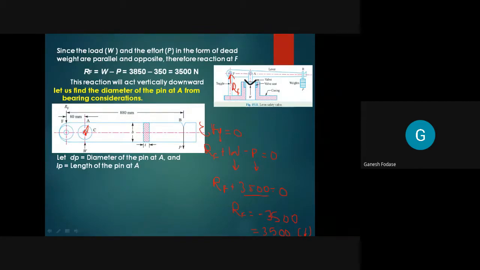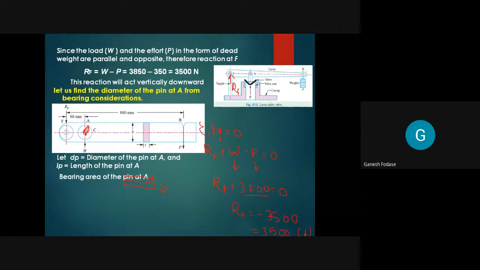So inside that, this is now the front view. You can see in this case there will be a pin of length L. So LP will be the length of the pin. Suppose this one is a pin like this. This one is LP, the length of the pin, and this one is the diameter of the pin. So DP is the diameter and LP is the length of the pin, and we need to find these dimensions.